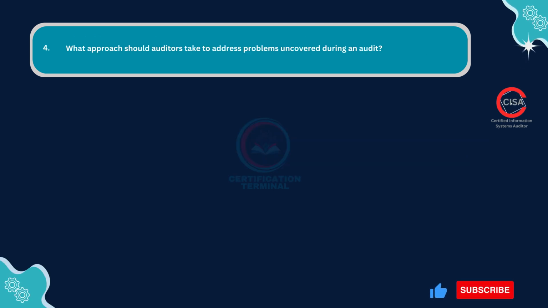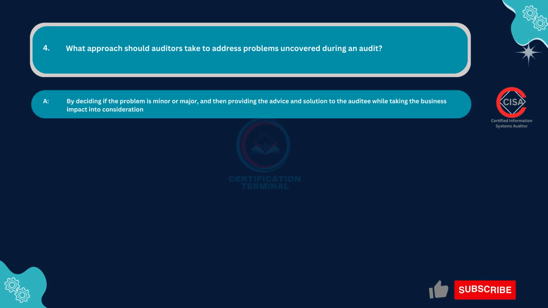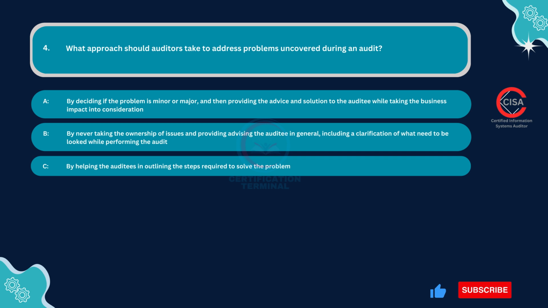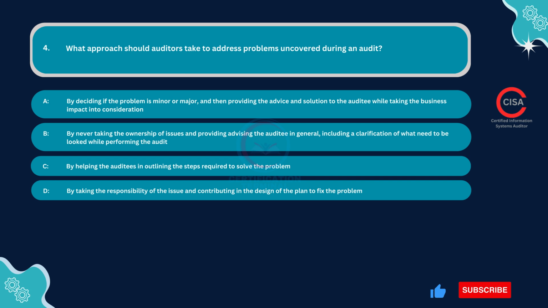Question number 4. What approach should auditors take to address problems uncovered during an audit? Option A, by deciding if the problem is minor or major, and then providing the advice and solution to the auditee while taking the business impact into consideration. Option B, by never taking the ownership of issues and advising the auditee in general, including a clarification of what needs to be looked at while performing the audit. Option C, by helping the auditees in outlining the steps required to solve the problem. Option D, by taking the responsibility of the issue and contributing in the design of the plan to fix the problem. The correct answer is